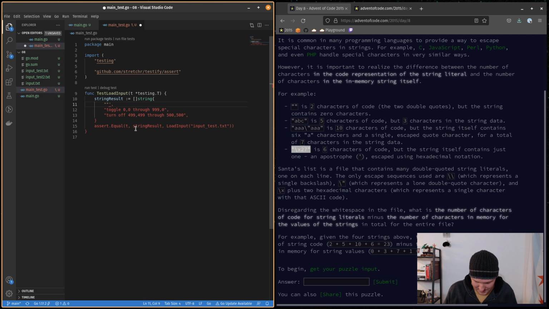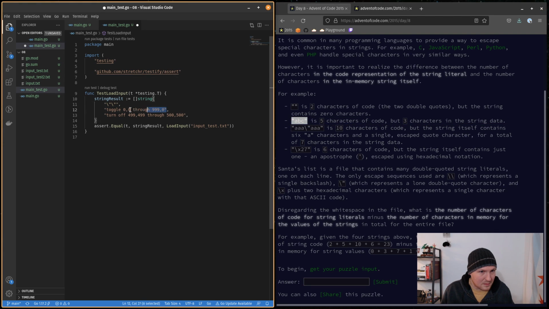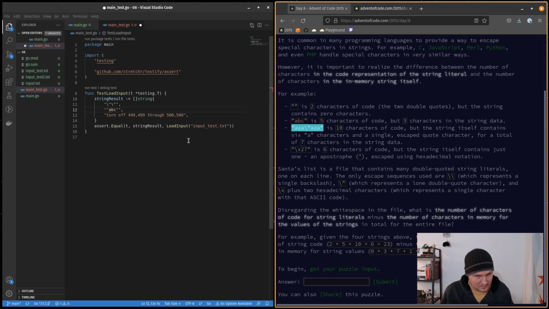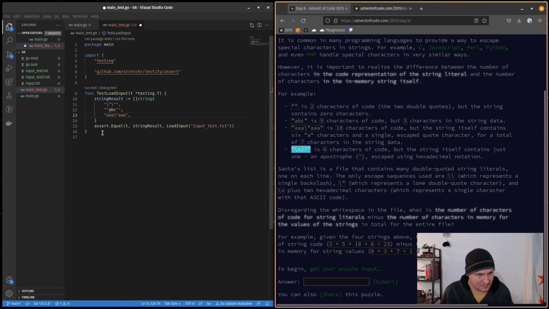Or am I going to need to do escape characters myself? Yep. Okay. Well, there we go. I'll come in later with those. This is actually going to be not super easy to test, right? Because